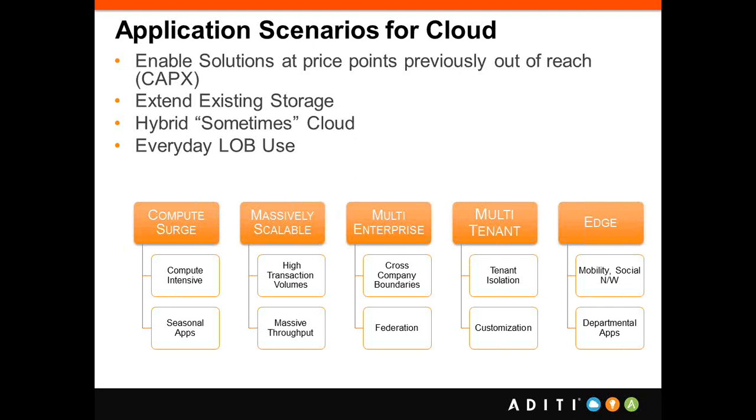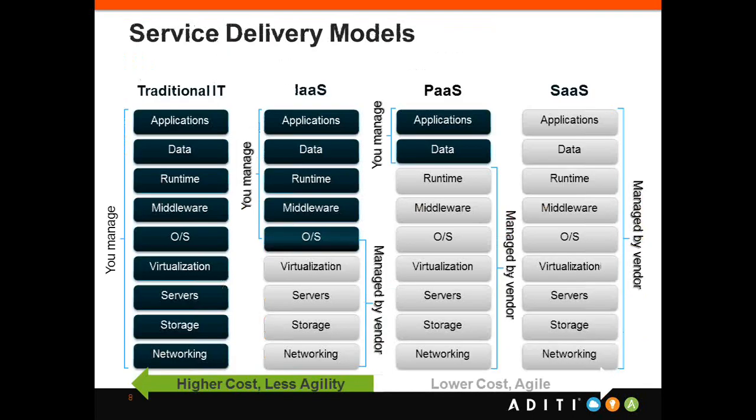So if you look at the leftmost column, the traditional IT, you manage all these 9 layers of your data set or your application environment. Right from networking to application, you have to manage everything. Networking, storage, servers, virtualization, operating system, middleware, runtime. So all this botheration of managing all these 9 layers of your application is with your enterprise, with your whole company.